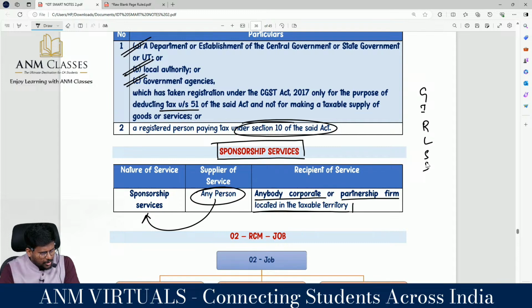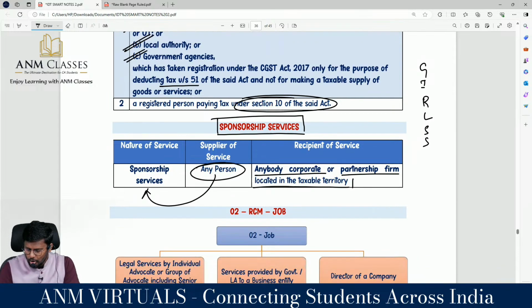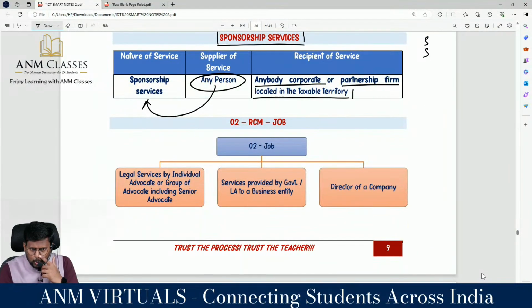Are you really comfortable with me? Sir, in the coming class we will be talking about RCM number 2, the job work. Small changes are there in this list that I will be highlighting. I just want to revise that. Then tomorrow, when I am talking about job work, I will be highlighting the very few small changes they have made.